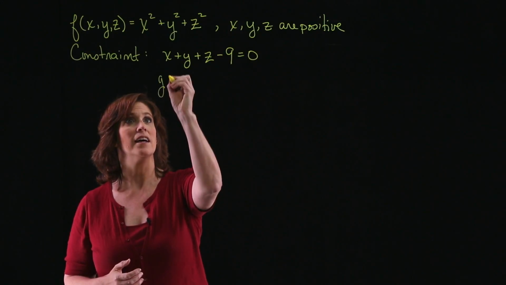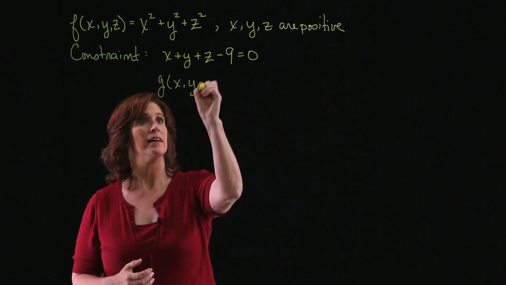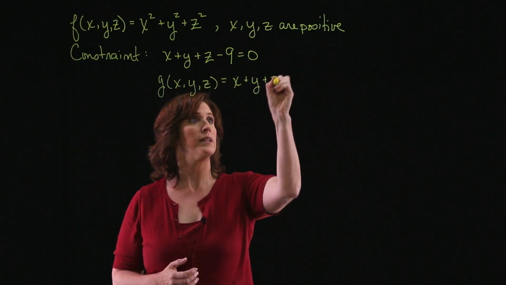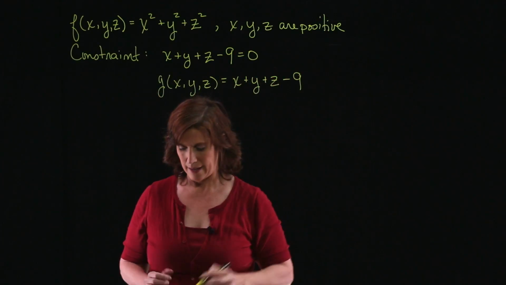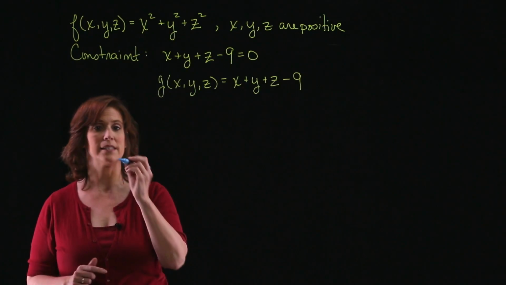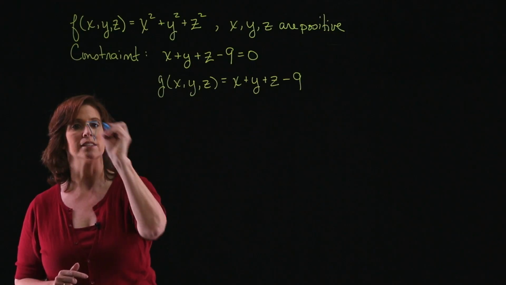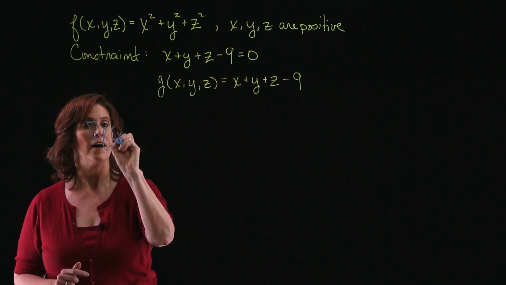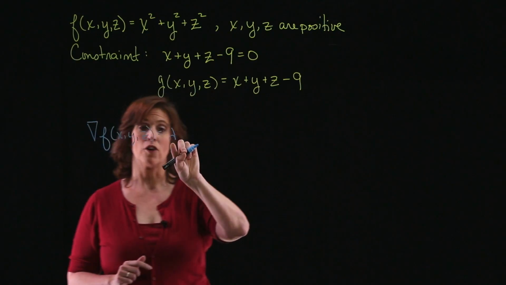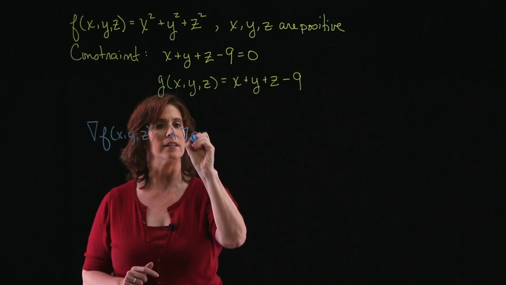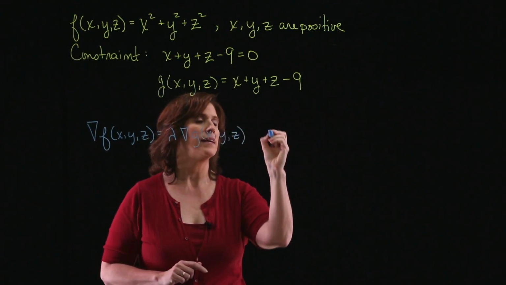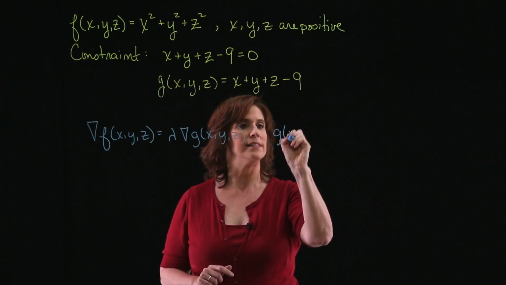So I'll write g of x, y, z is equal to x plus y plus z minus 9. Now, to use the method of Lagrange multipliers, I'm going to simultaneously solve the equations that the gradient of f of x, y, z equals lambda, my Lagrange multiplier, times the gradient of g of x, y, and z, and g of x, y, z